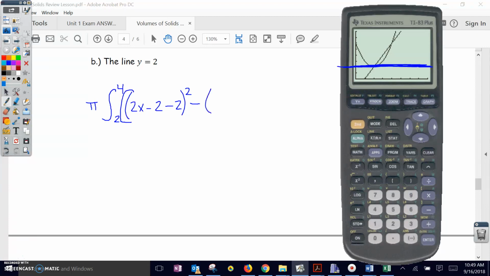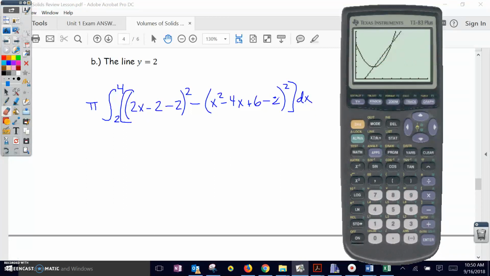And then I need the parabola, which was x squared minus 4x plus 6. And I subtract away the axis of rotation. And why I'm doing that is because when I'm finding these radii, I'm finding the distance between this line and the axis of rotation. And when I do that, all I'm doing to find a linear distance is taking the bigger one minus the smaller one. And that's what I did in both of these cases. Alright. And now I can go ahead and integrate that,